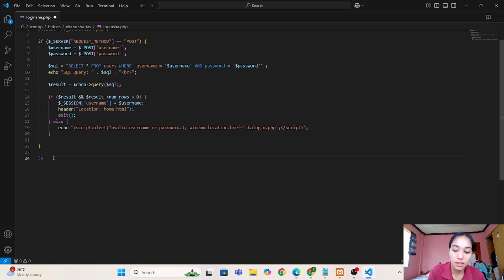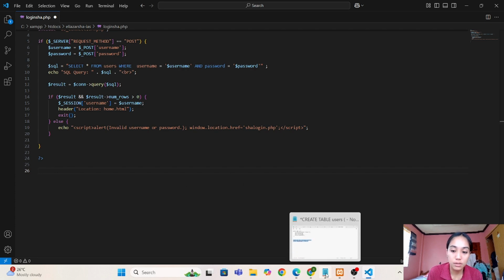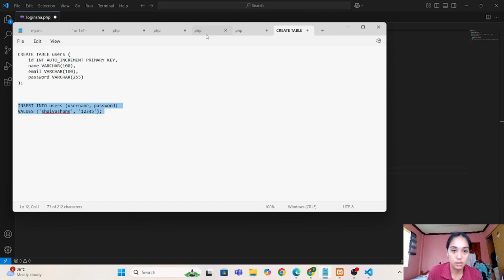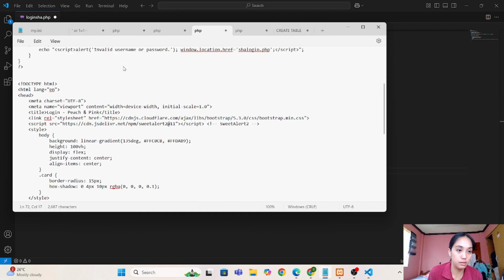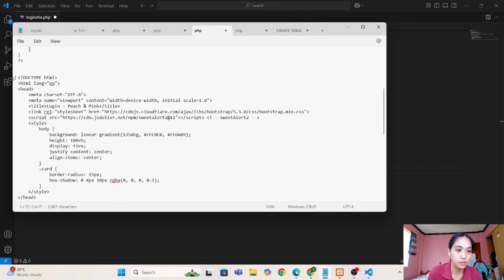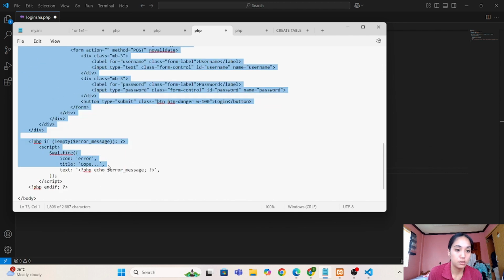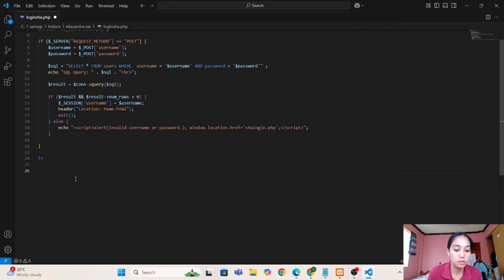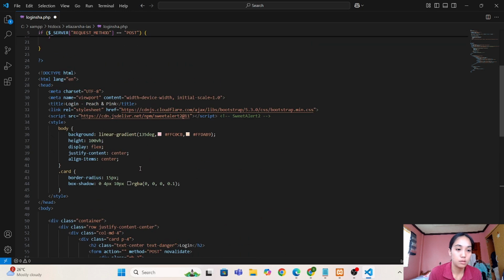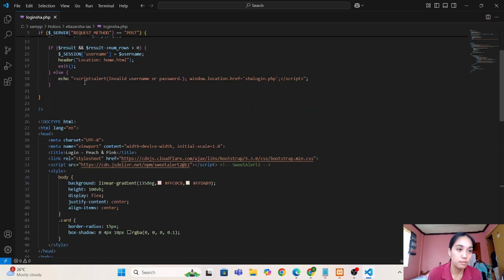Then below the PHP is our HTML code. So ito, save.